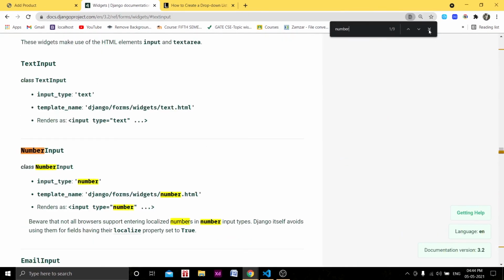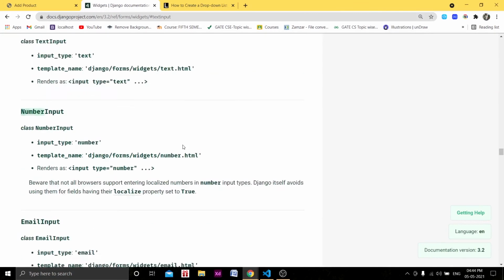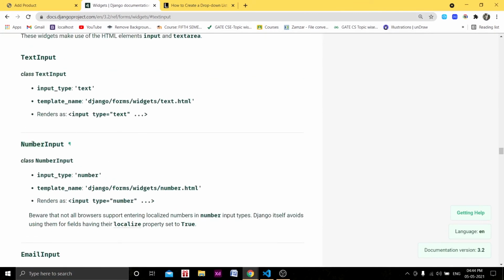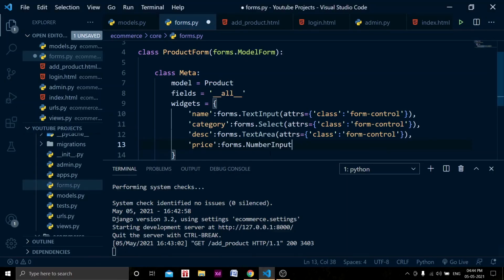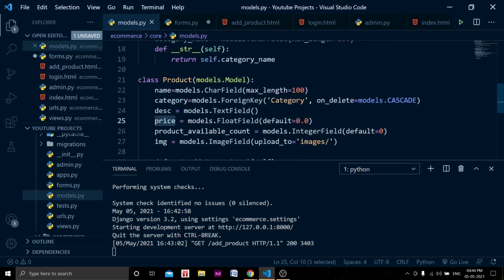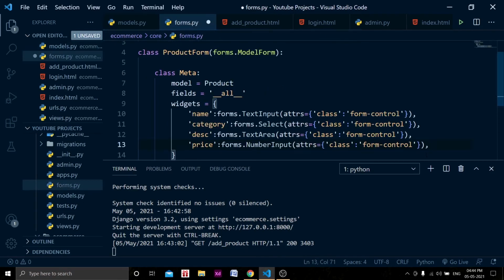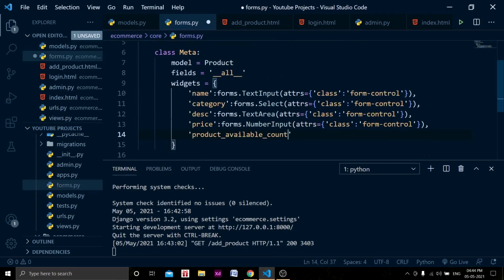Okay, NumberInput is there, so let's copy this, and in the number input we will have attrs. I am going to copy these attrs from here, since we need to give the same attribute to all, right? In the price, now what we have is product available count, which is again forms.NumberInput.